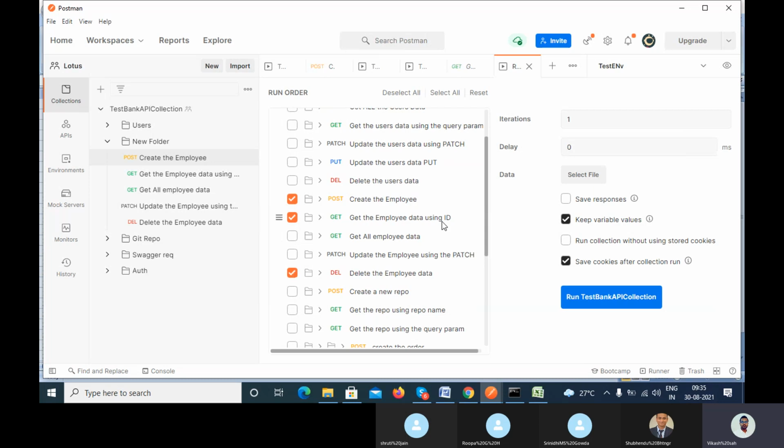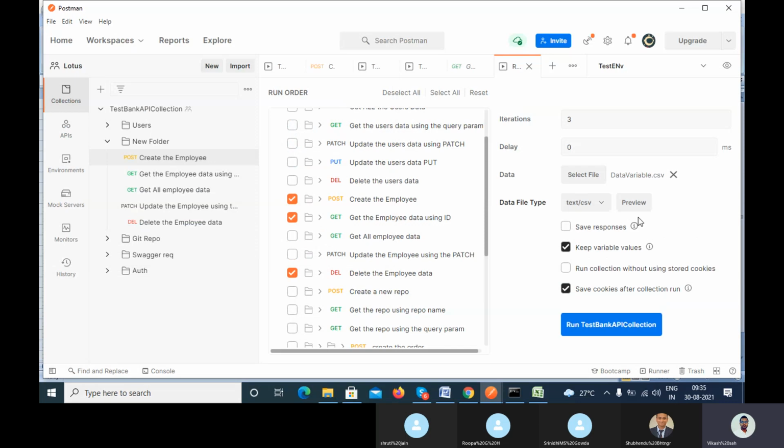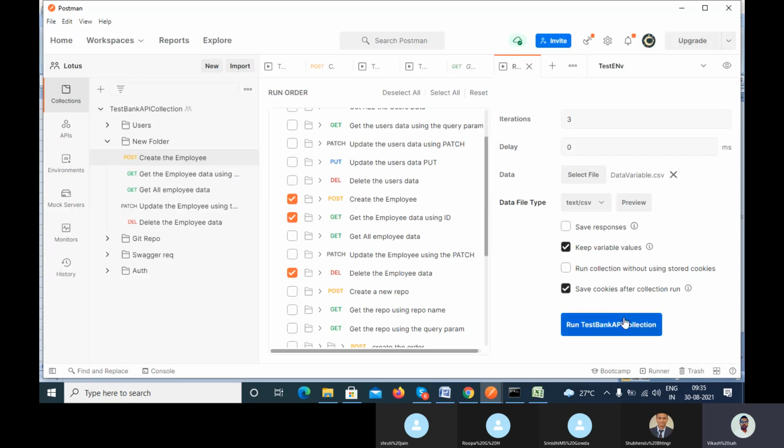Let me also delete this and select the data CSV file, comma separated file. If you go to the preview section, you can see that wherever you have used last name, it will pick Tiger, Vinod and Salman. Now the last name is different. The first name is Singh, Shah, Khan. Okay, and when I run,